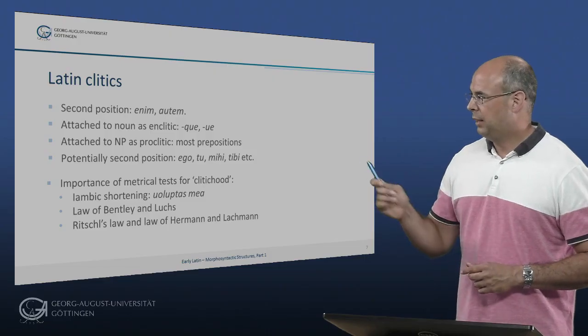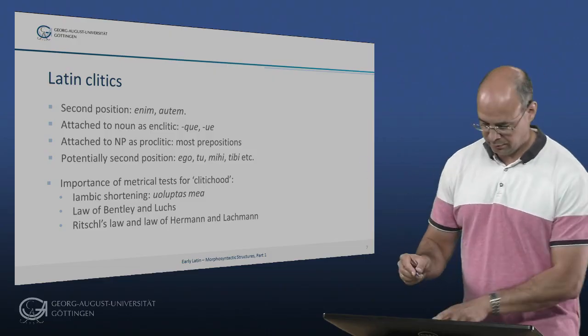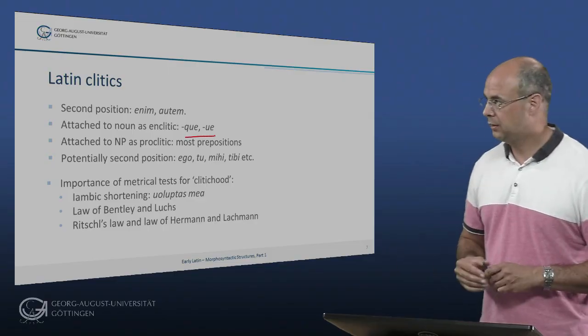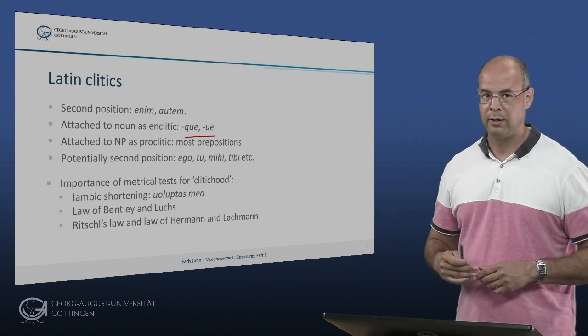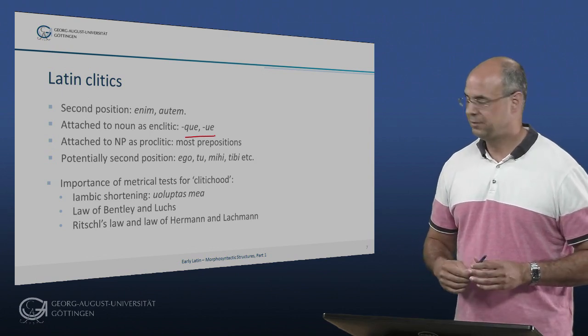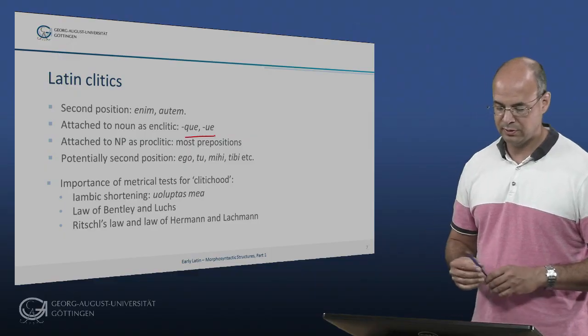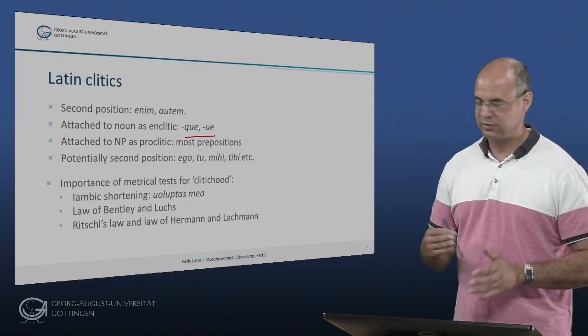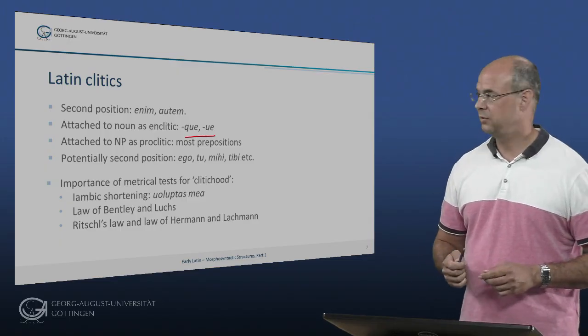When you look at que and we, these two, those are coordinators, and they attach to complex noun phrases. We get noun 1, noun 2, followed by que and we. So these are again clitic elements, and they form a firm unit with a noun phrase, but they're not second position clitics. And then we get as lexical elements, or somewhat lexical elements, most prepositions,